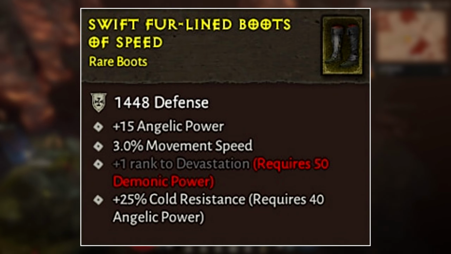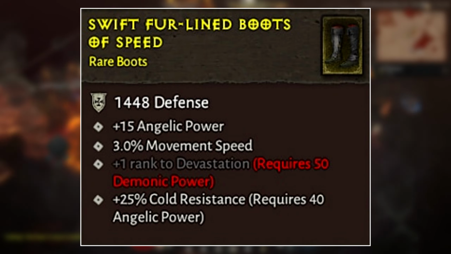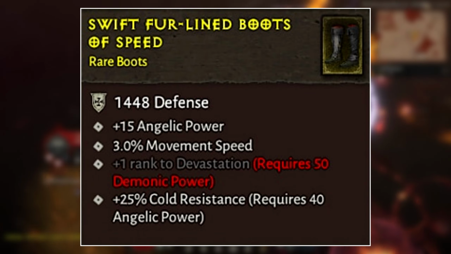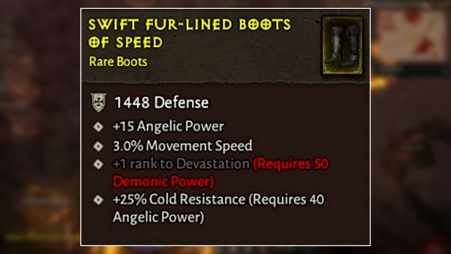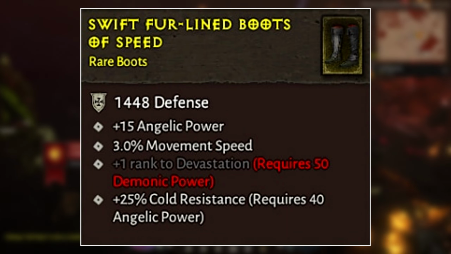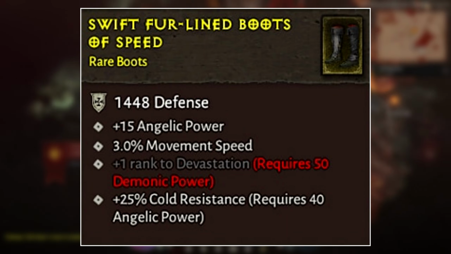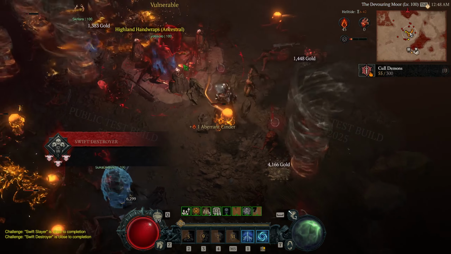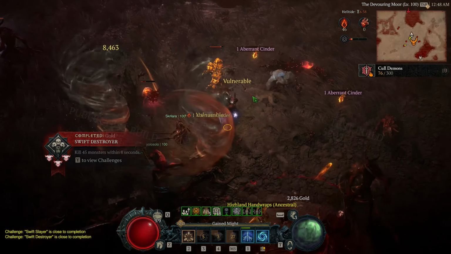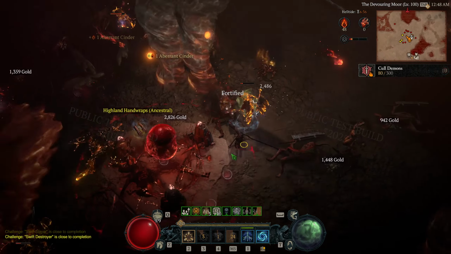demonic power of 50, and then certain affixes would maybe require an angelic power of 50. So you would have to get these angelic or demonic powers to actually be able to use certain affixes that may give much more substantial stat increases or buffs compared to normal affixes. Now, as mentioned, this system and idea was scrapped, but the idea of going either more angelic or more demonic